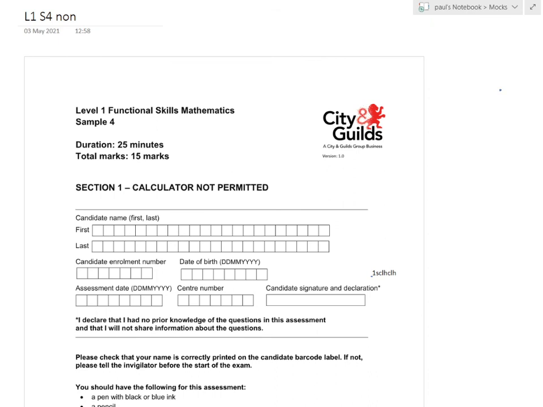Right, the calculator papers and these are much harder. Yeah, now,